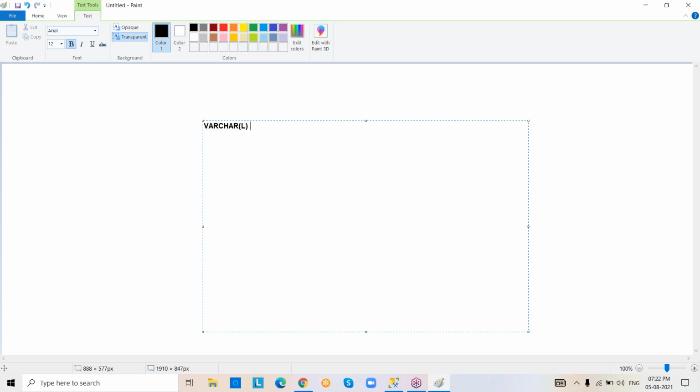Whatever data you insert, it occupies space for that only, so space wastage will not be there. That is the difference between char and varchar data types. Is it clear? In the same way, we can also go for the varchar of max data type. Varchar max means variable length character data only.